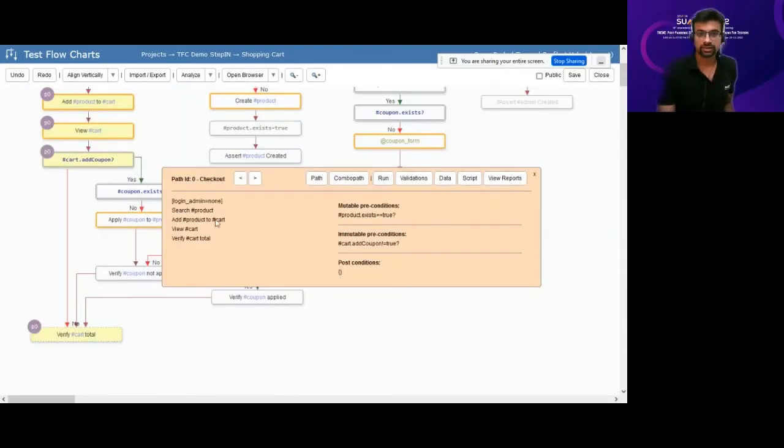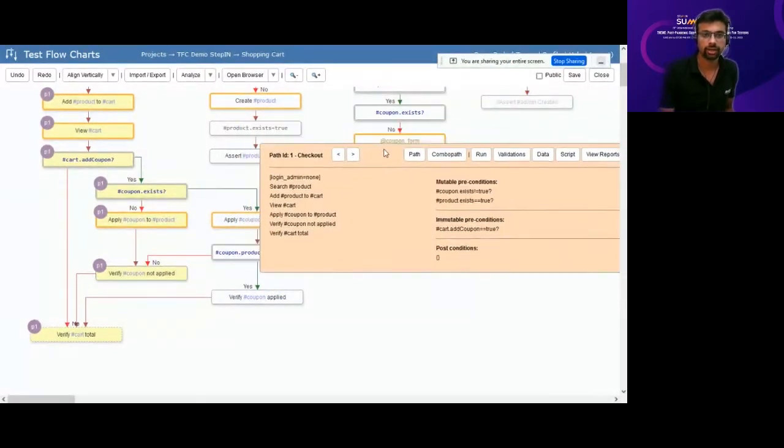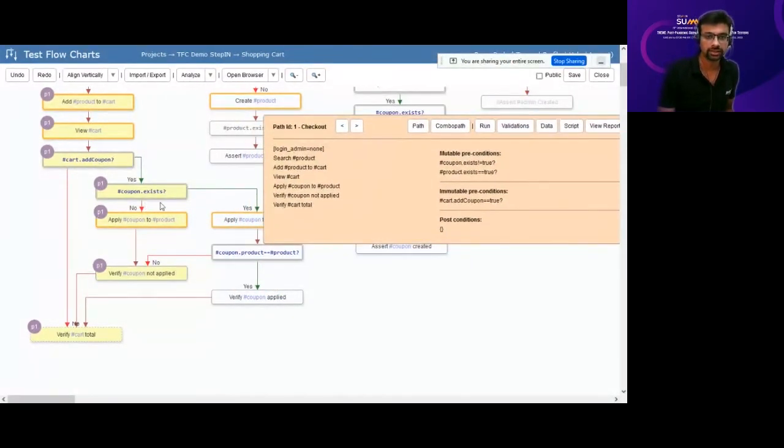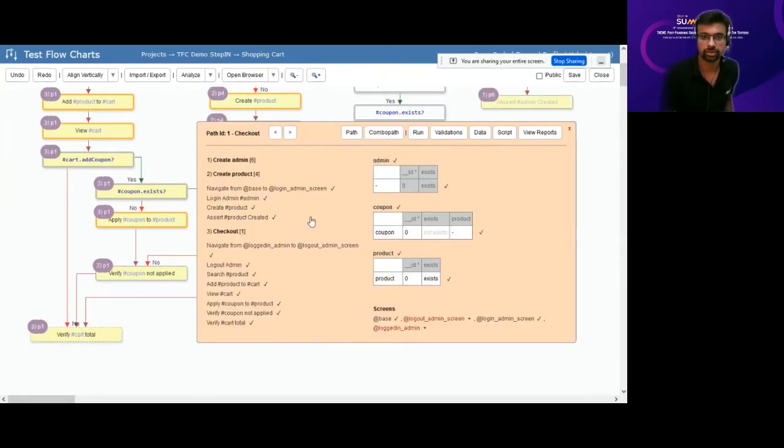Now let's pick another path, where the coupon does not exist, and we are applying some coupon and it should not be applied. So let's look at that. If we look at the common path of it, again it's just saying create the admin, create a product, and then check out. But we're actually doing apply coupon to product and then verify coupon not applied here.